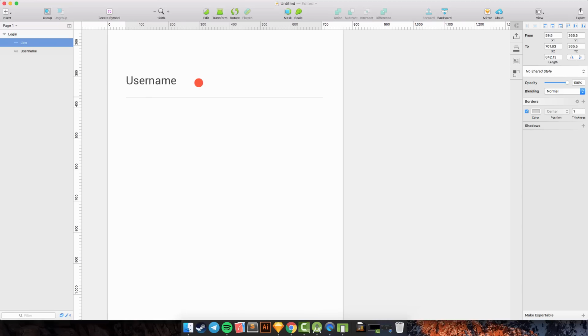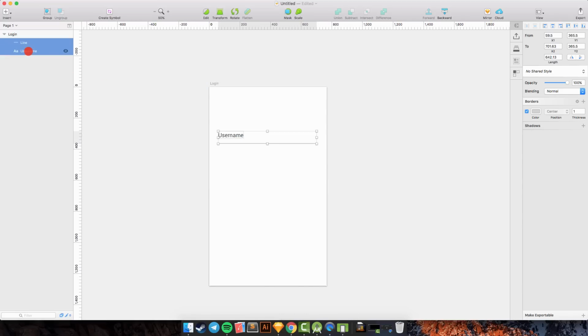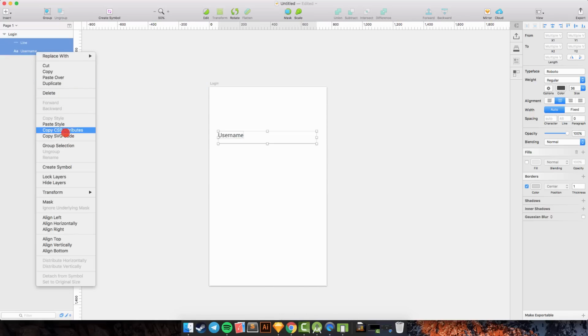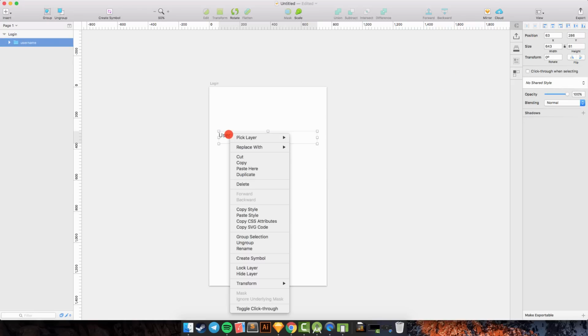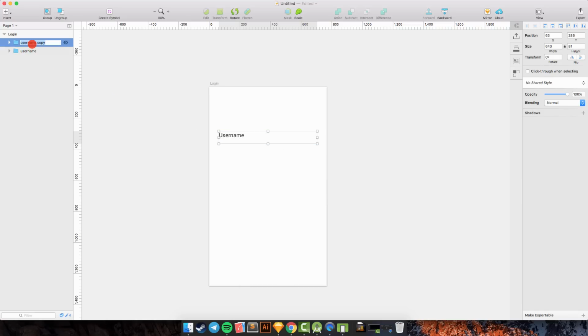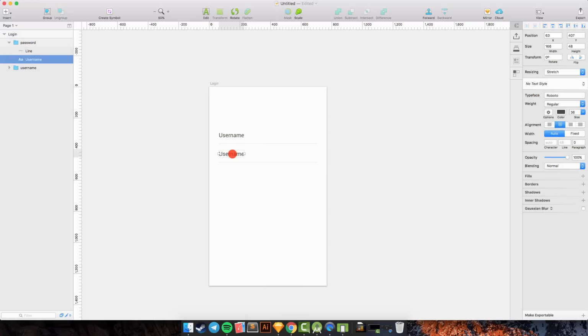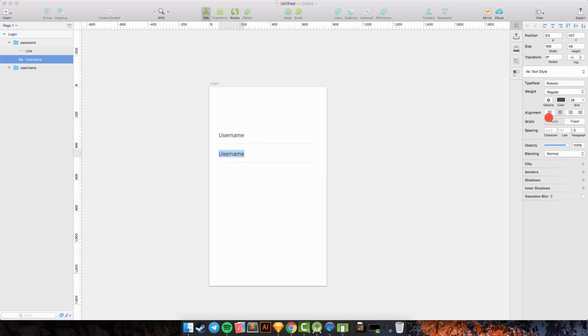Okay, and I want to group this layer, group, and change to username, and I want to make it center, and duplicate this group and change to password, and double click to change to password like this.